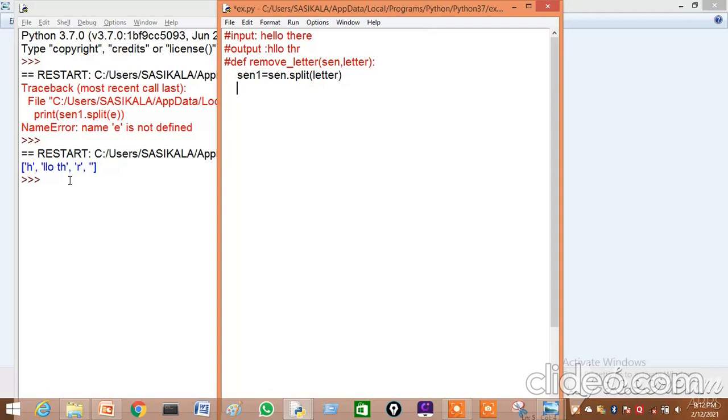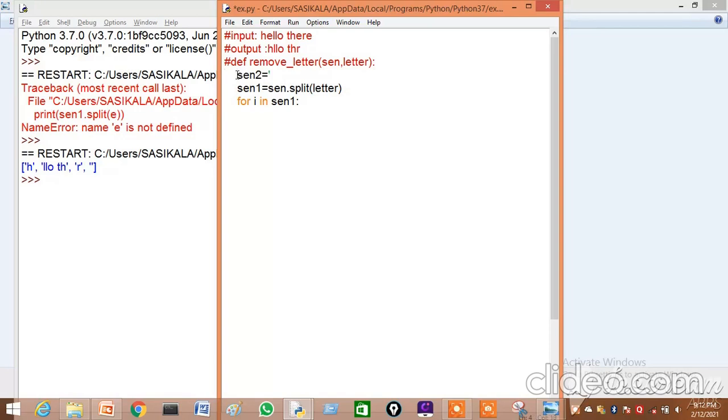To make it a sentence, I am going to use a for loop, for i in send1. For i in send1, I am going to add to the string. So let us declare the empty string now.